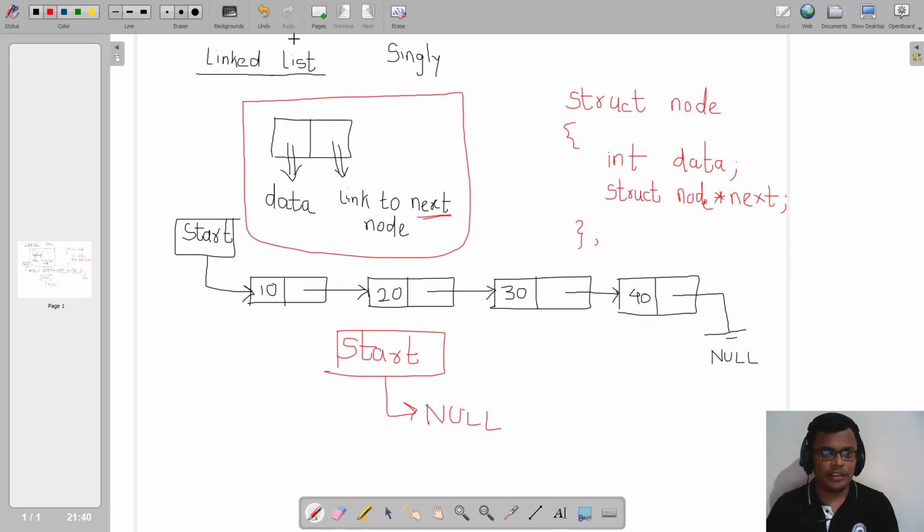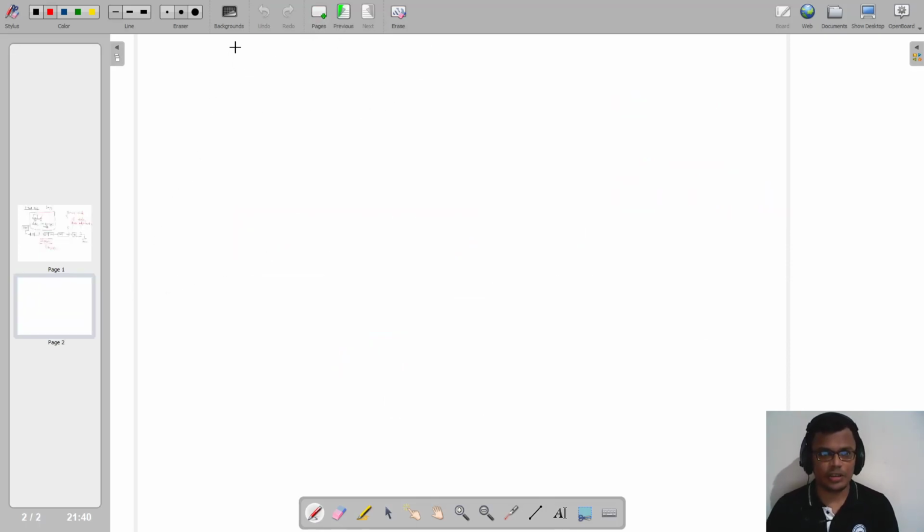So let us start with the first operation in this. First let us see the first type of operation, that is create at start. Now for the 3 types of creates that we are dealing with, whenever we want to create, we need to allocate memory for that particular node. We all know that this is a dynamic data structure, right? And if this is a dynamic data structure, it is our responsibility that whenever you want to create a particular node, first we should allocate memory for that node. And the function that we are going to use in order to do this is malloc from C, right? So we'll be using the malloc function from C to allocate memory for that particular node.